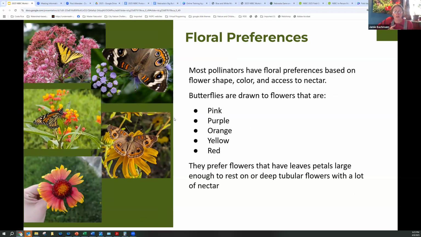Some studies have shown that butterflies also can sense the nectar amino acid content of different flowers and prefer those flowers with high amino acid content versus low amino acid content. So they can sense that, and we'll talk about how they can sense things here in just a minute.